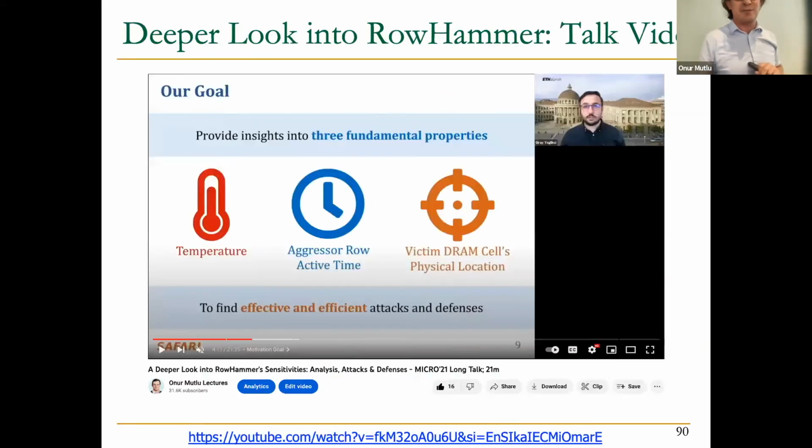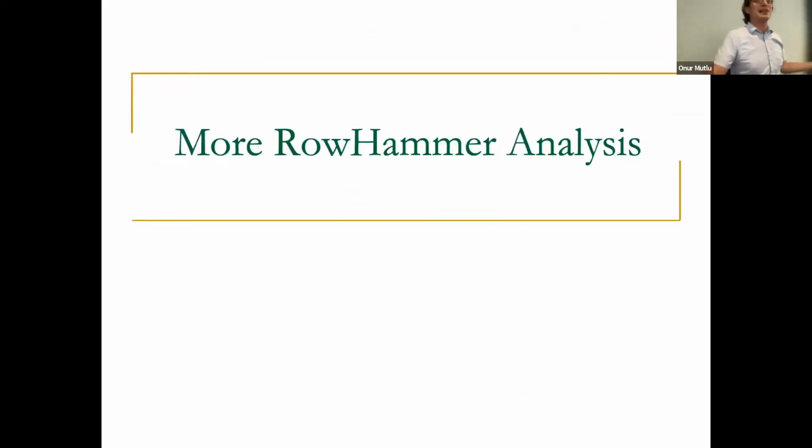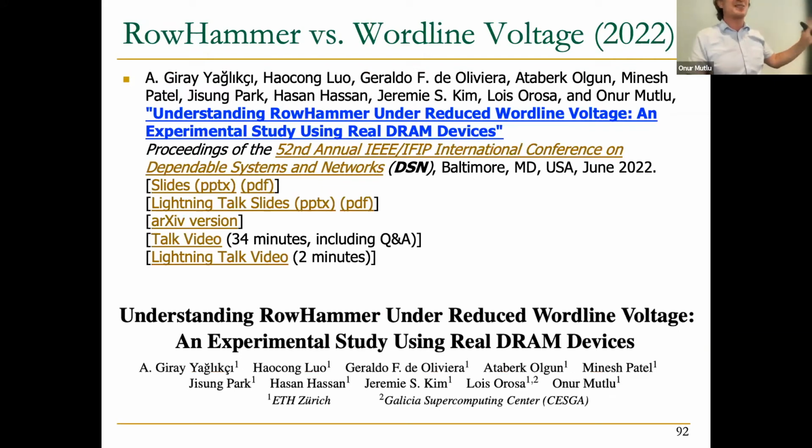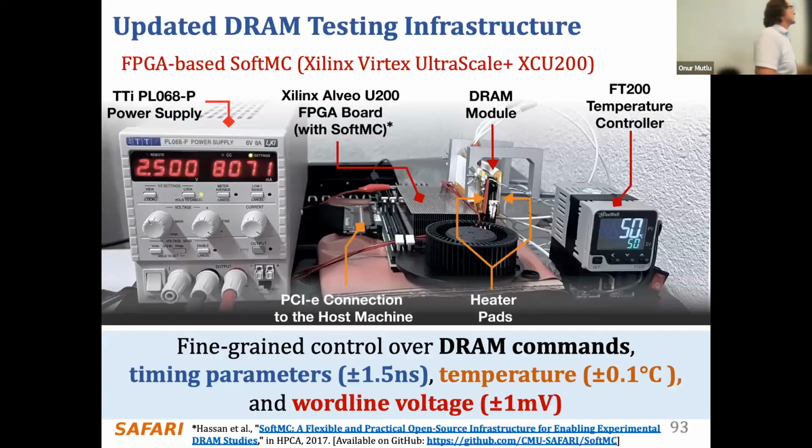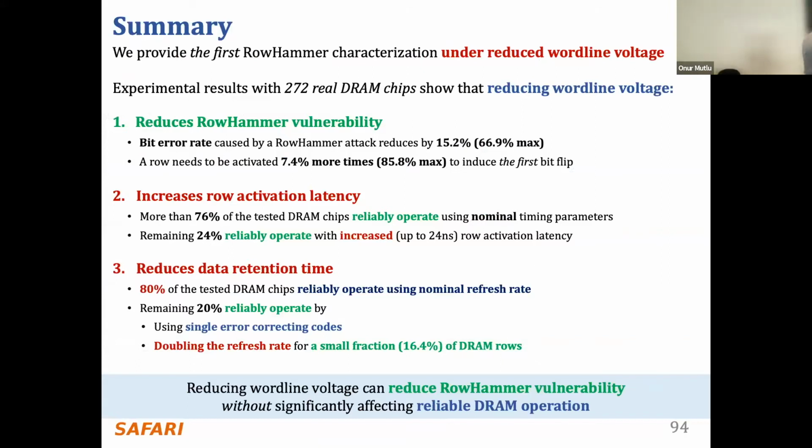And I'm not going to talk about temperature. If you're interested, you can take a look at it. So we did a lot more analysis. I'm not going to bore you with word line voltage. This is actually fascinating to me because it's a voltage issue. We built a lot more infrastructure to test voltage, to change the word line voltage. You can intuitively say that if you reduce the word line voltage, you would reduce the vulnerability because you're causing less disturbance. And that's true. But unfortunately, reducing the word line voltage is not great for data retention time and also activation latency. So you're in a tough trade-off space here. There are no easy fixes that you can do by playing with voltage, for example.